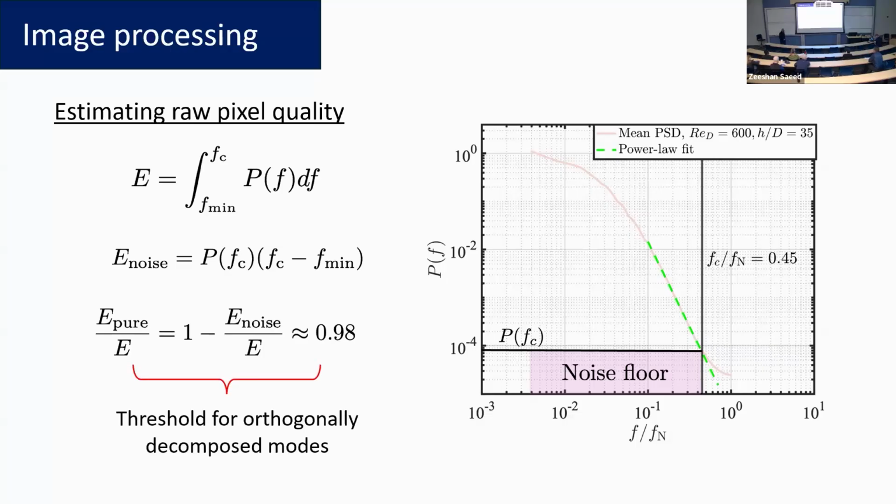This serves as an input for the next step, which is to use this threshold for orthogonally decomposed modes. For this, I'm using proper orthogonal decomposition. Proper orthogonal decomposition is essentially a reduced order model that extracts dominant features and helps filter out the higher modes or less energetic features, which are just there because noise can be a nuisance. It can be polluting the data,